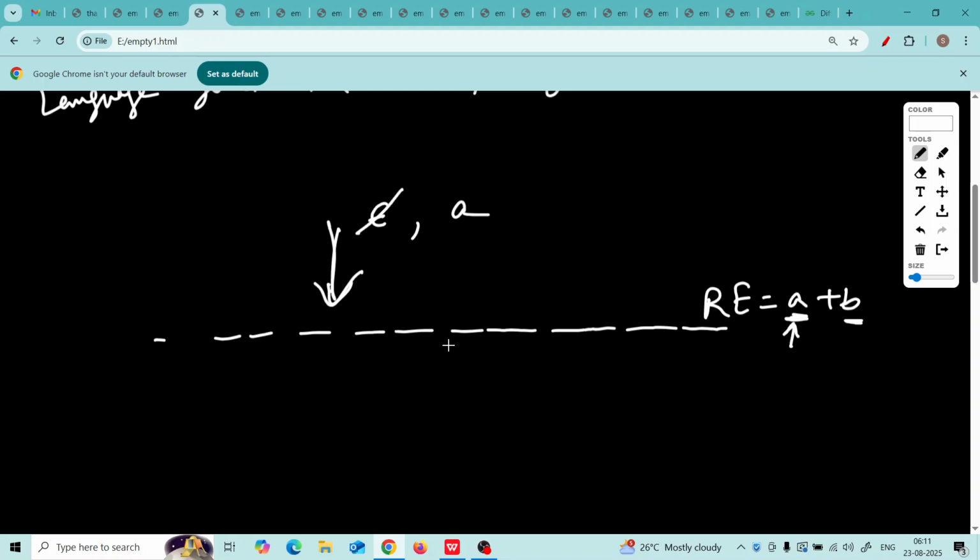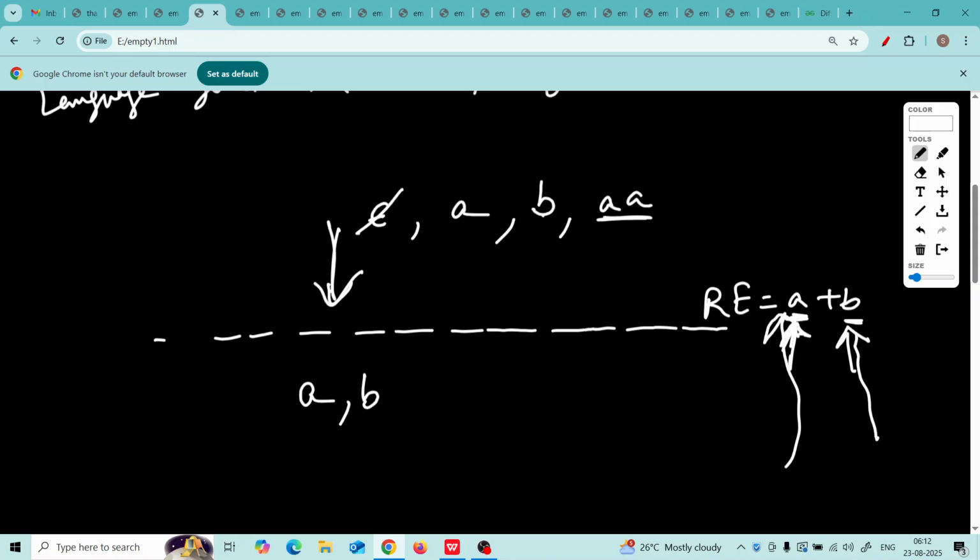A doesn't match B, but it matches A, so A is filtered. Then when you give B, it matches this B here. It doesn't match this first part, I agree. It is not A, but it is at least B, so B is also filtered. But when you give AA, note AA doesn't match this single A, neither matches this single B. So none of the remaining words will be selected.